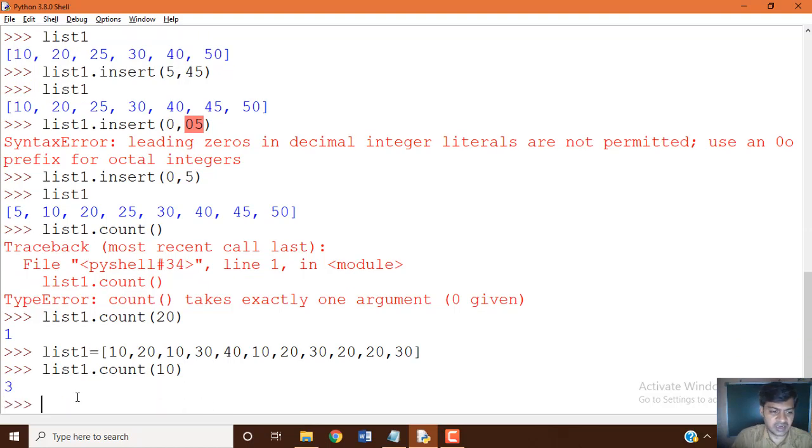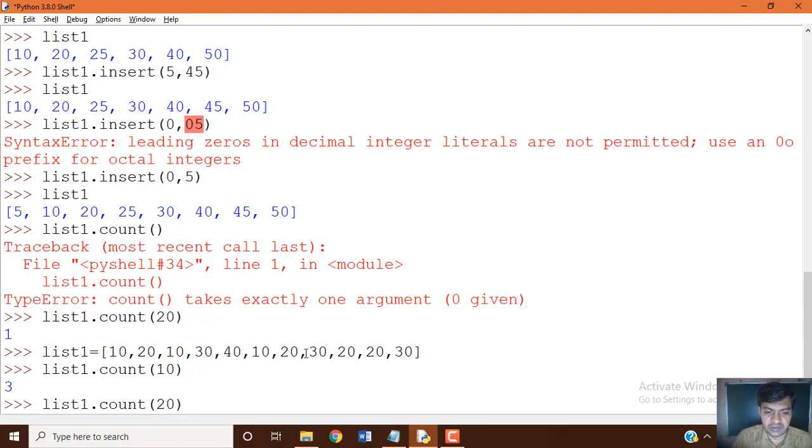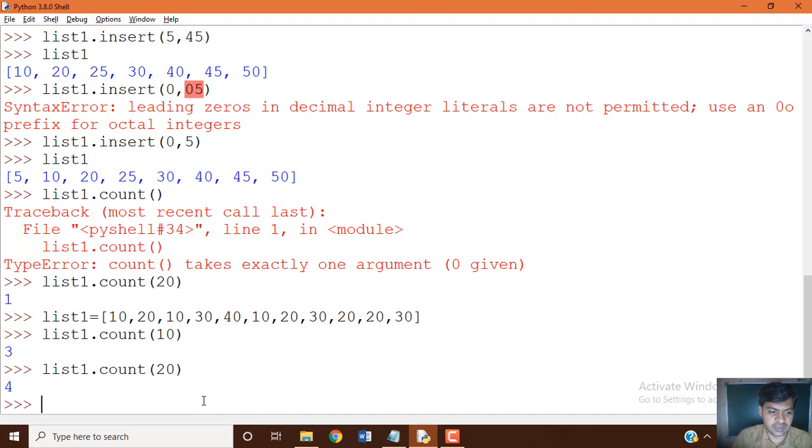Let's see, count gives you the data item 10 three times in list variable list1. In the same manner, list1.count of 20, how many times? 1 2 3 4. Yes, you can see 4 times it is available within the list variable.